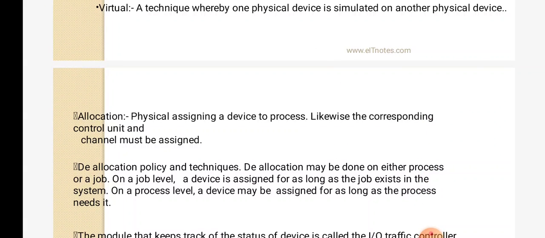The third function of device management is allocation, that is, physically a device is assigned to one user or one process. The last one is deallocation.